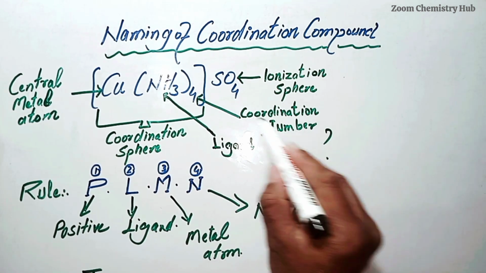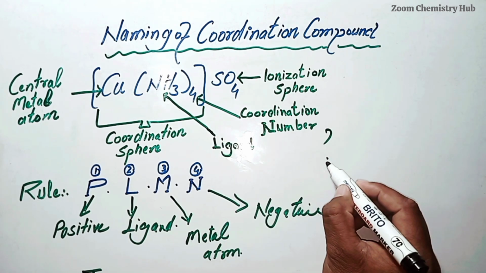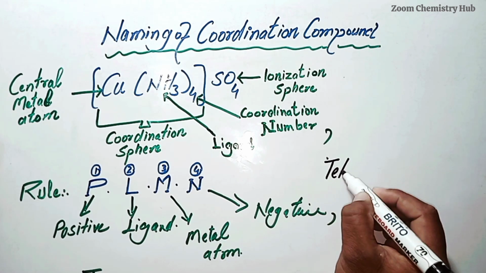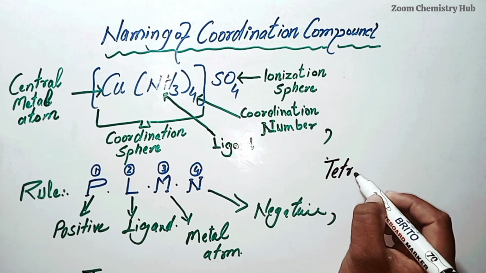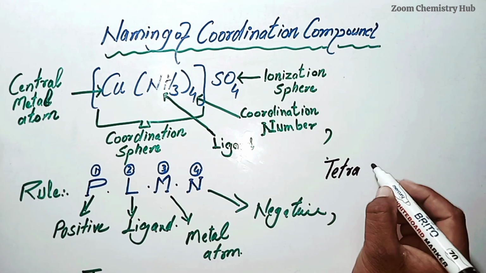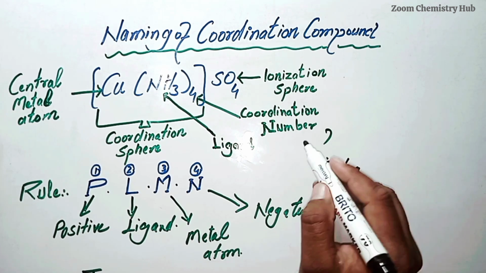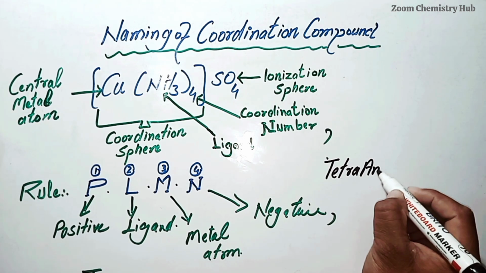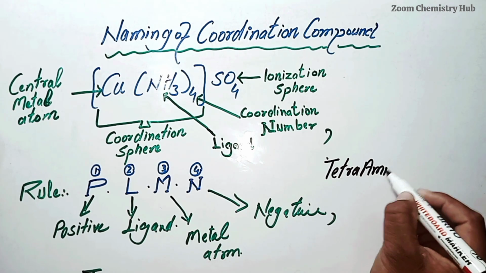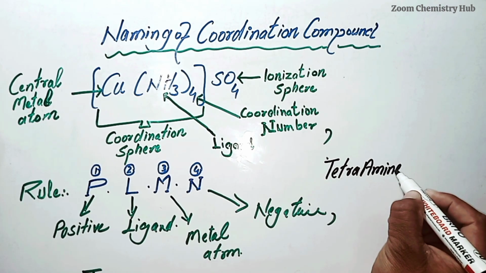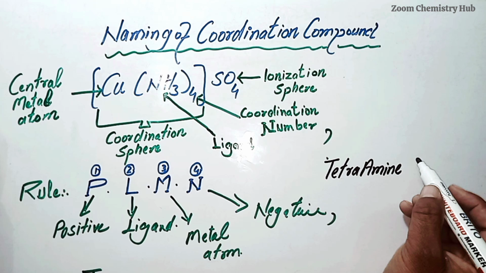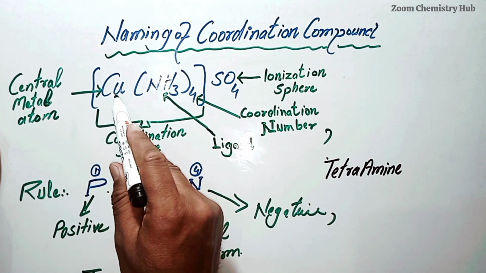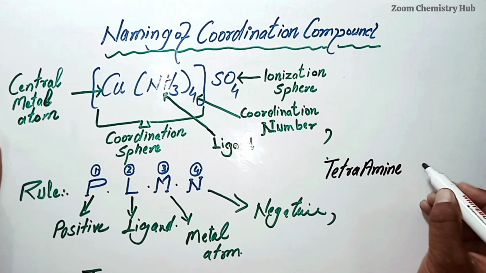Its coordination number is 4, so we write tetra, amine, then we write the metal atom, copper,